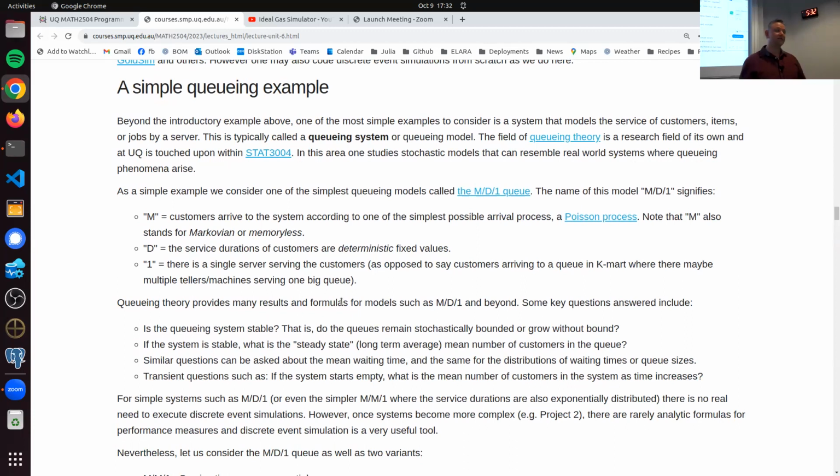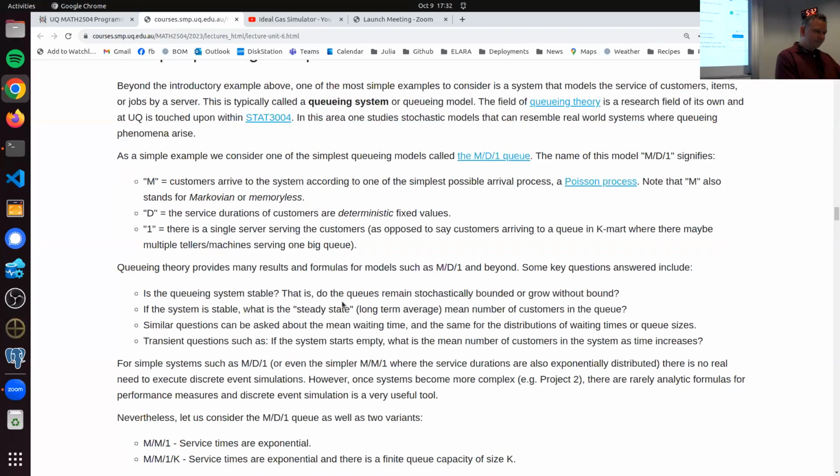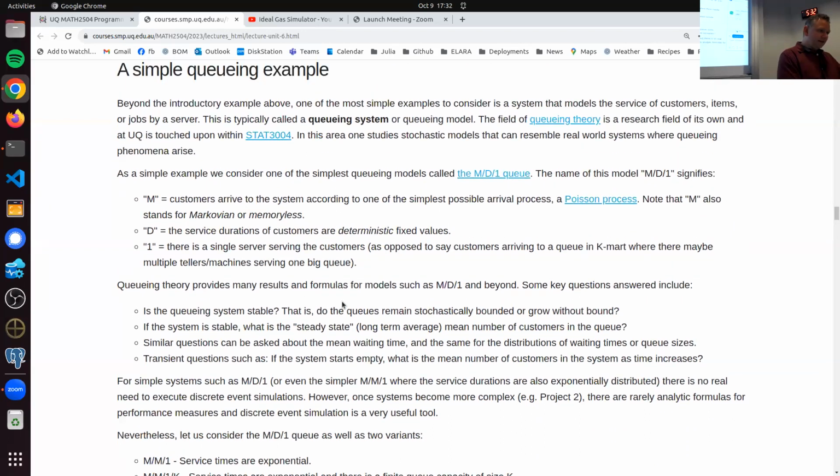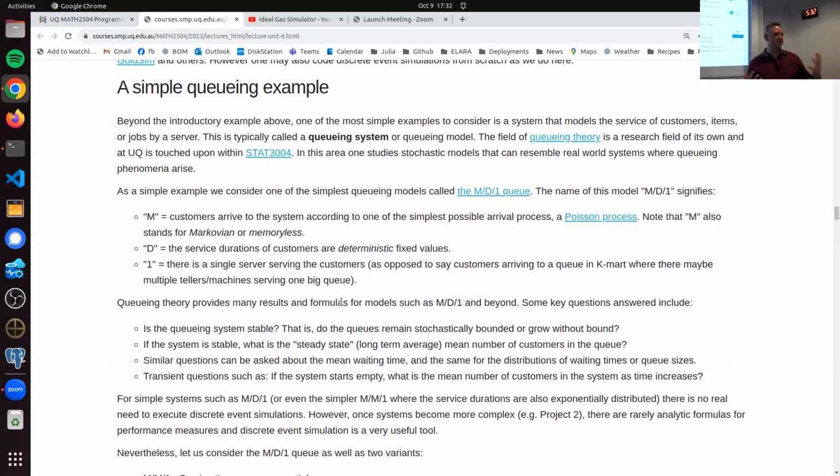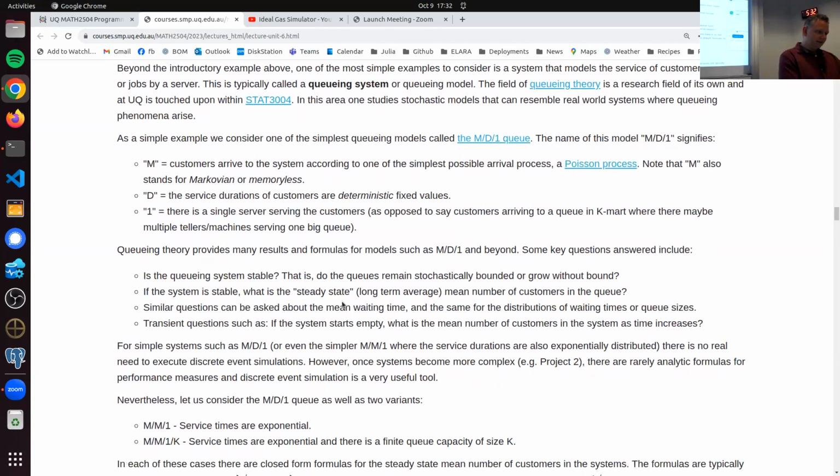So let's look at another example. Okay, so like I said, I just wanted to show you that you can use these kinds of simulations for many different things. It's a bit like the previous one. So let's consider a system of customers being served. Now these could be customers, patients at a doctor's clinic, you know, but there could be people lining up at Coles, right? Waiting to get served at Coles. So this is a queuing system. There might be multiple customers. There might be lots of different jobs that need to happen. Okay,